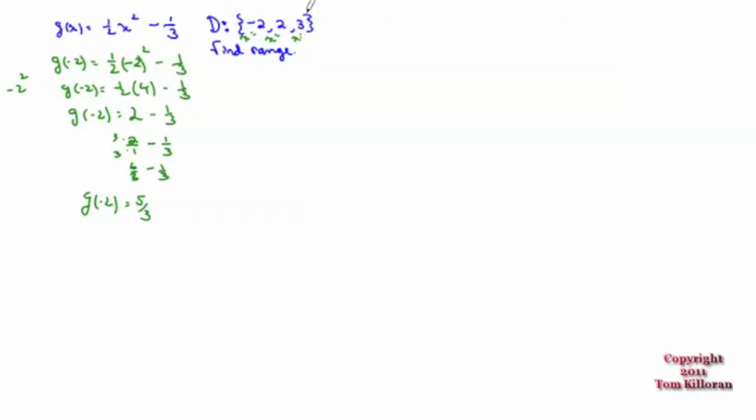g of 2. And to find g of 2, you go 1/2 of something squared minus 1/3. And what goes in the parentheses? 2 this time. And 2 squared is 4. 1/2 of 4 is, we already did this calculation basically, 2. And 2 minus 1/3 is,